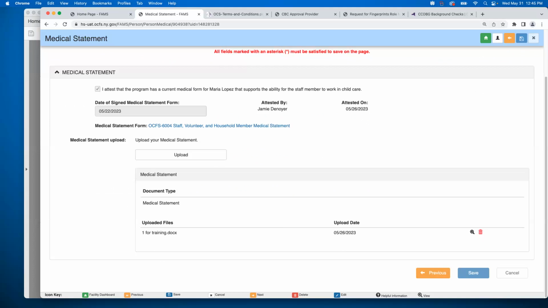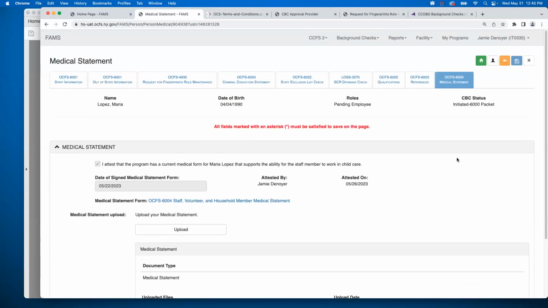So anything that is not uploaded in the system, our goal is to have as little paper as possible for everybody's sake. So our goal is to give you the areas where you can upload that information. If you're unable to upload it or you don't want to upload it, you need to maintain that on file because it'll still be reviewed during inspections.